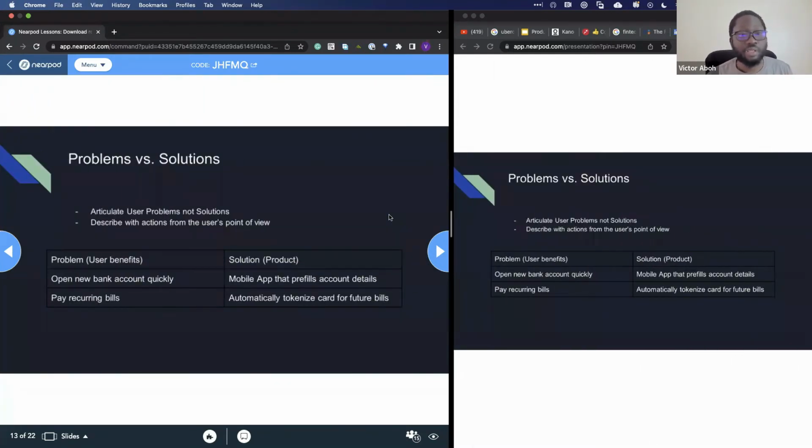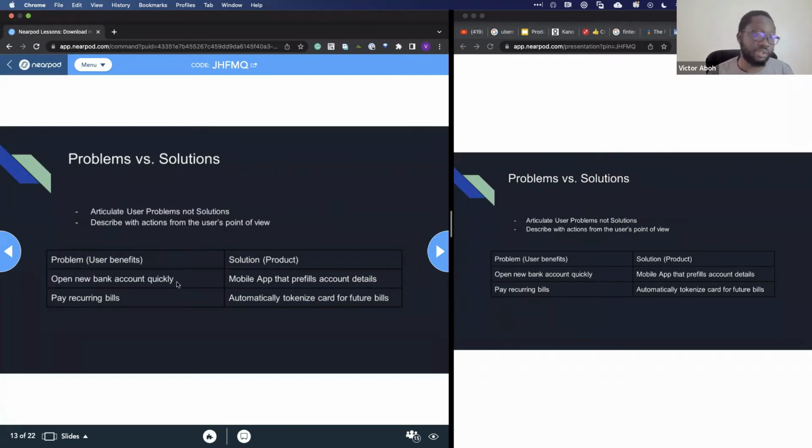Before we go on, just to reiterate, we should be articulating user problems and not solutions. We shouldn't be saying the app that allows users to book rides, for example. That's not strategy, right? That's on the solution side. What is the user trying to achieve by using your app? That's on the problem side, because you might find that there are better solutions. The solution might not be an app, right? But if you box yourself into thinking about an app, that's in the solution space, and you might miss some potential for innovation. And then we want to be describing the actions from the user point of view. What is the user trying to achieve that we are now going to help them with?